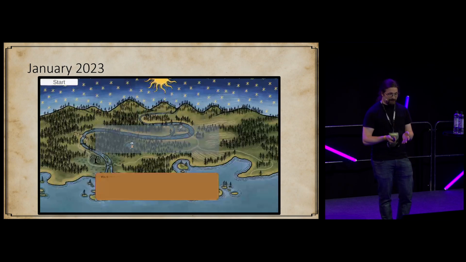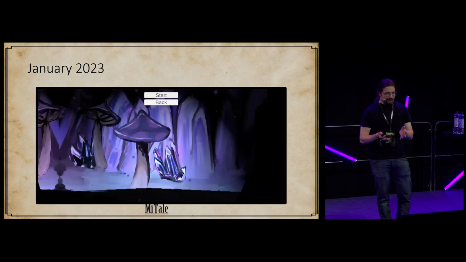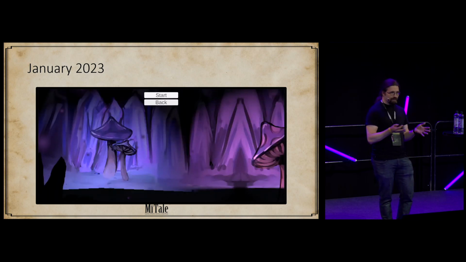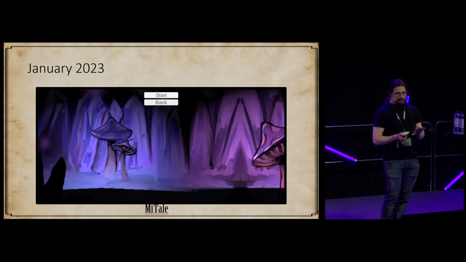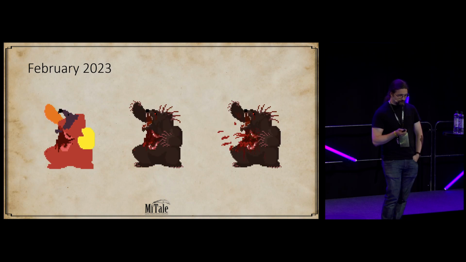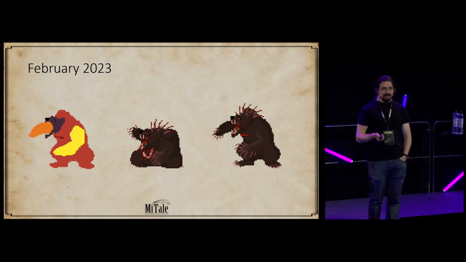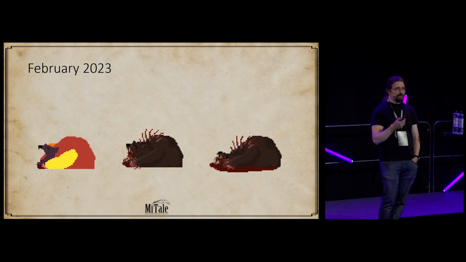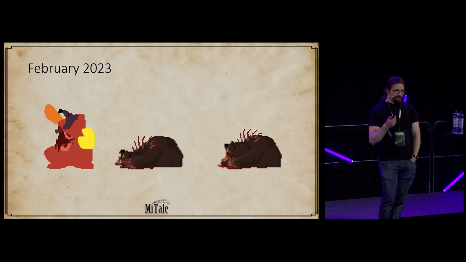This is what it looked like very early on, some of the first videos that I posted. And we had these concepts for how the story could be presented. One of the ideas was to have scrolling backgrounds, have a map that you move around and so forth. Then we very soon started working on the enemy designs, and when we did that, we instantly realized that we wanted to have juicy, horrible, bloody monsters dying.